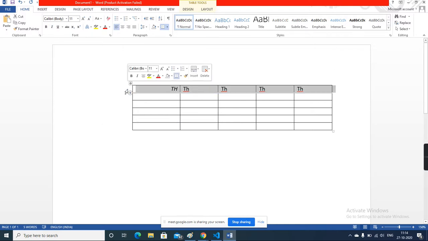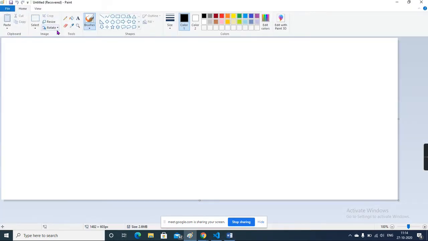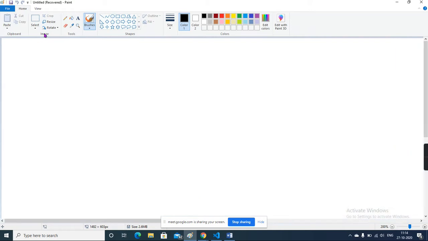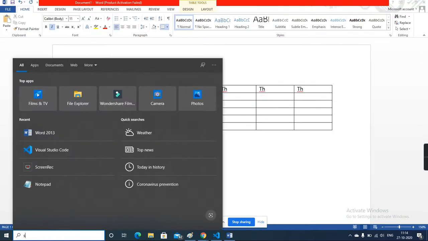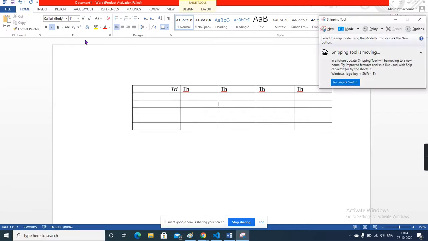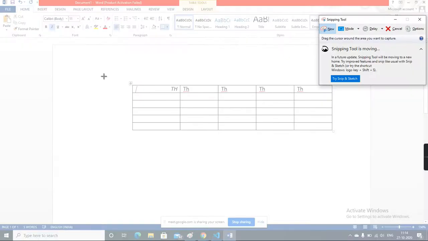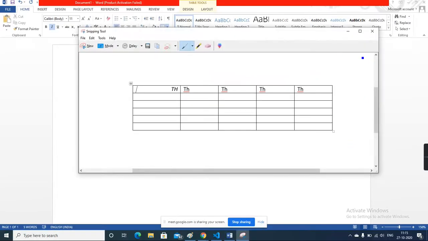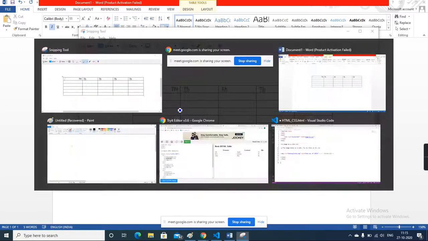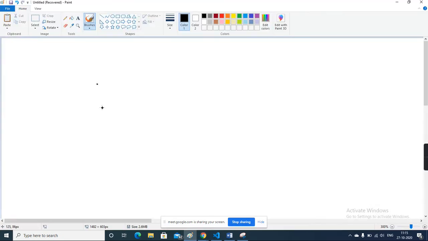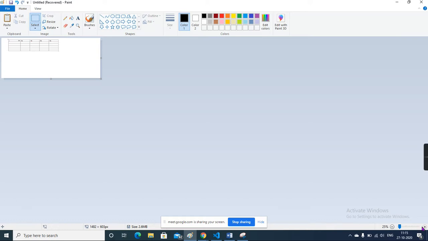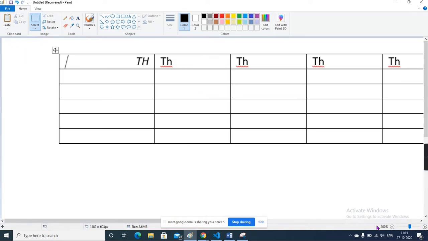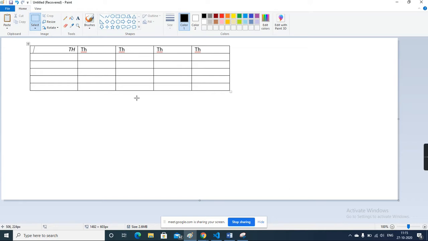So how will I represent it here? Here I can insert the table. This is the table header.